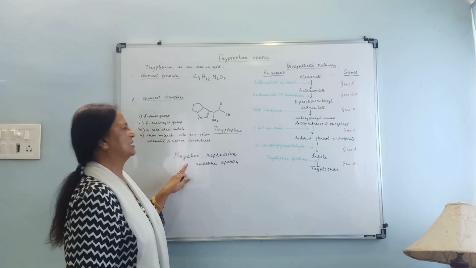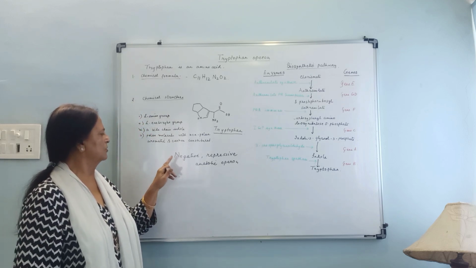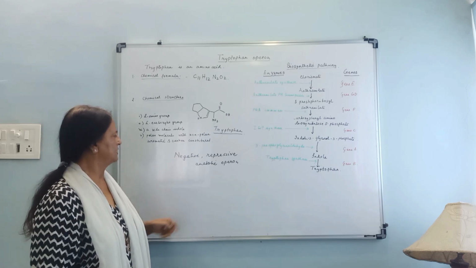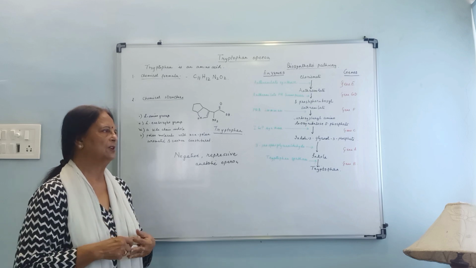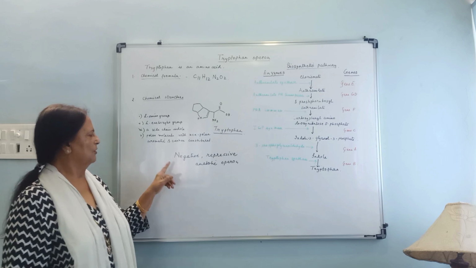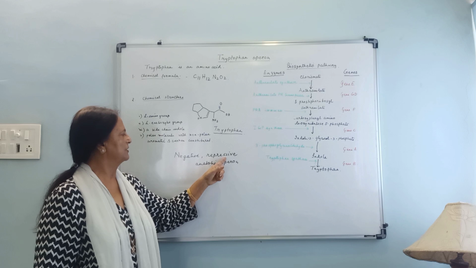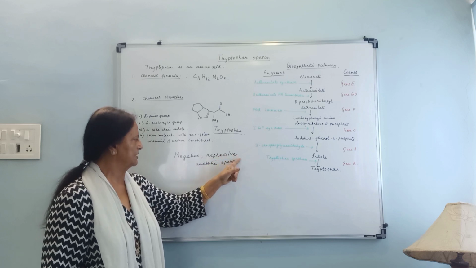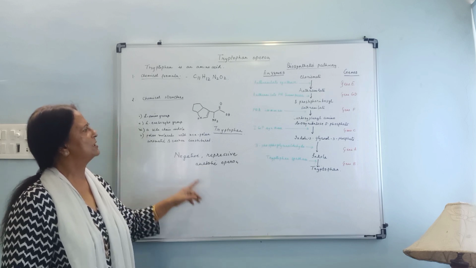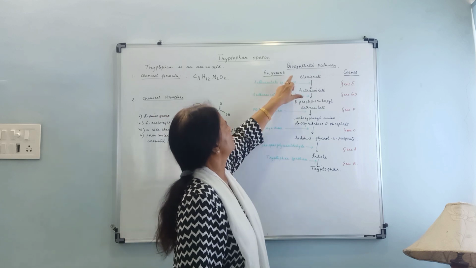It is negative because here the operon is switched off by a repressor and not by an activator. In a positive operon, it is the activator which switches the operon on and off, but here it is negative because it is switched off by a repressor. The repressor works along with a co-repressor, hence it is the repressive type of operon, and it is anabolic because this operon is for the synthesis of tryptophan from chorismate.